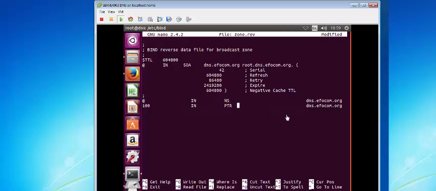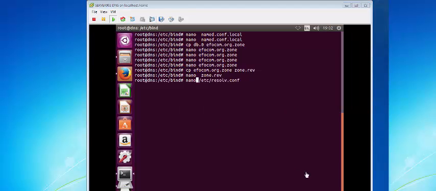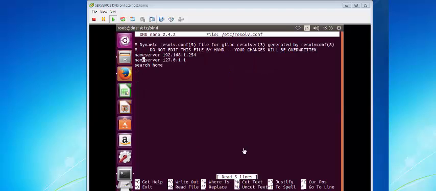Right, now I think this is the last file that we're gonna have to configure: the resolve config file. We have only two things in here: the search for the domain name, and the name server plus the IP address. Alright, let's press enter. Alright, what we have here is the name server. As I said, we've got 2 points. The name server with the IP address